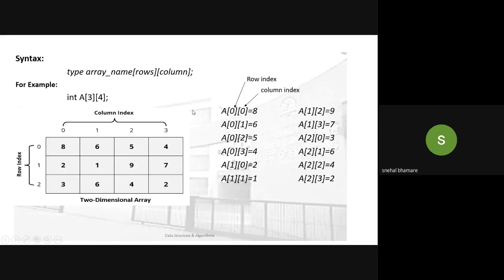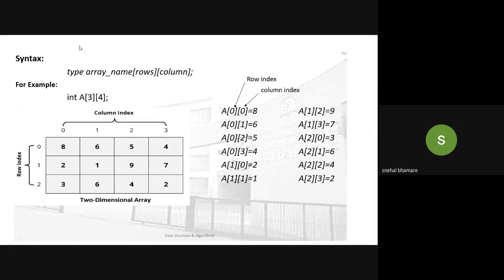Now, the syntax for declaring a 2D array. Similar to the 1D array declaration, a 2D array is also declared in the same way. Here first of all we have to write the type, then the array name, then in square brackets its row index, and in the second square bracket its column index. Type is nothing but the data type of that array.